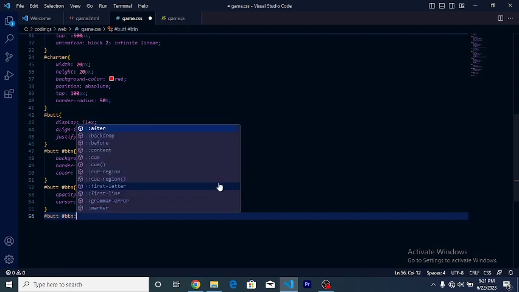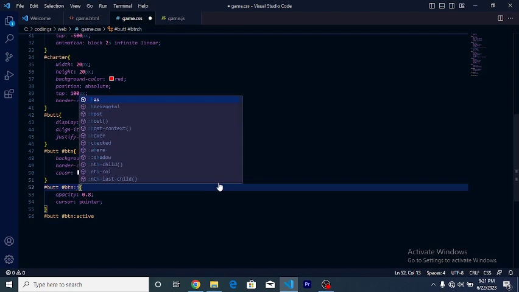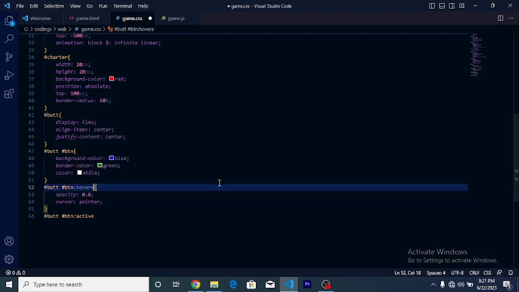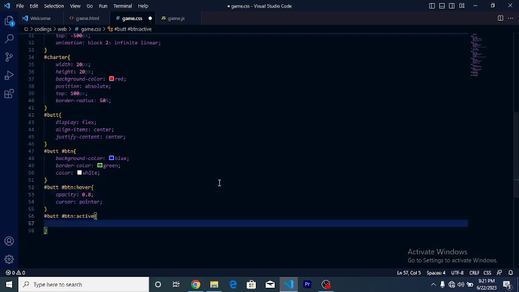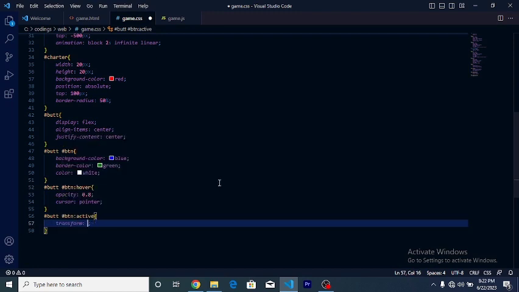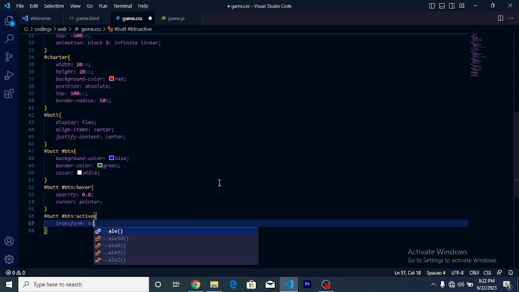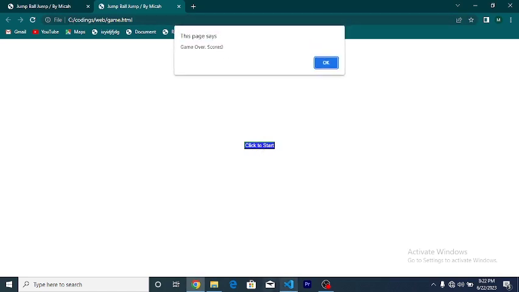And one more thing we need to do, hashtag BTN dot active. I forgot to put this as hover. And this one's active. And the only thing we're gonna say is transform scale is 0.90. Save, refresh. Let's get a chance to click on it, and you see the scale. Okay,